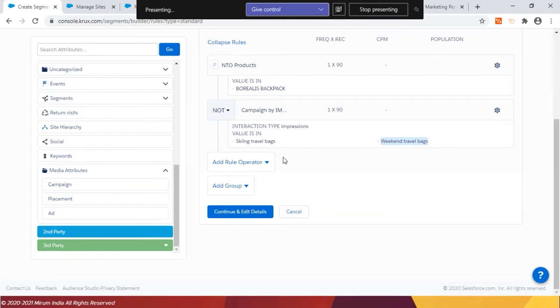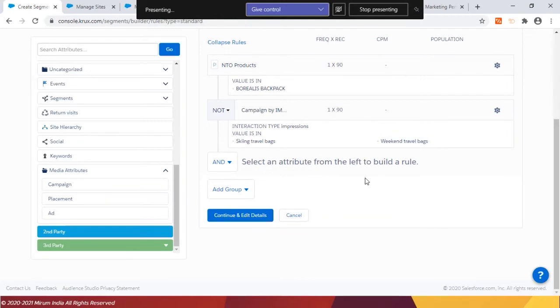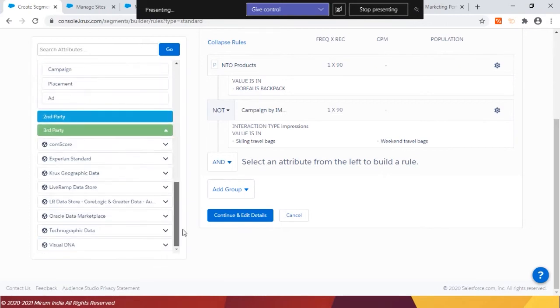And it's not necessary that we have to have only this X number of rules. The platform is quite scalable, so we can keep on adding, and quite complex segments can get created as well. So I can certainly look at certain third-party data as well, right? And I can create segments from there. Let me just create this segment for now.